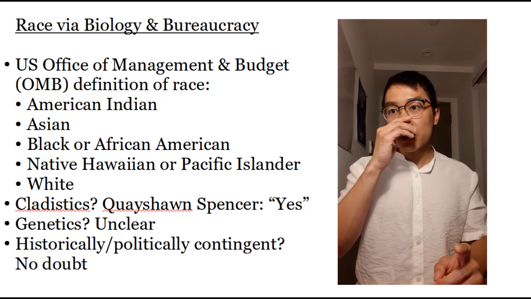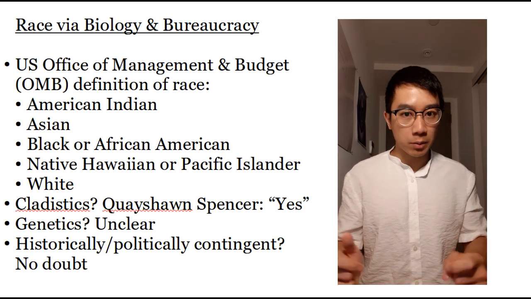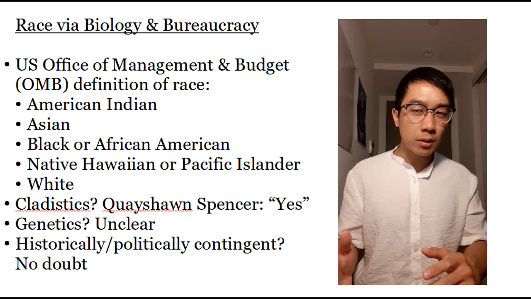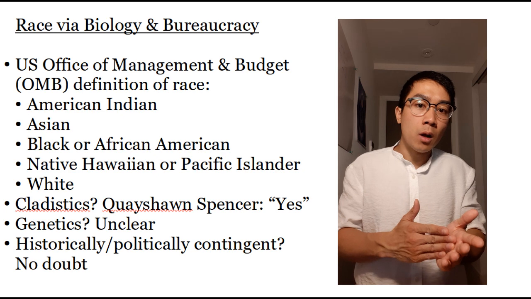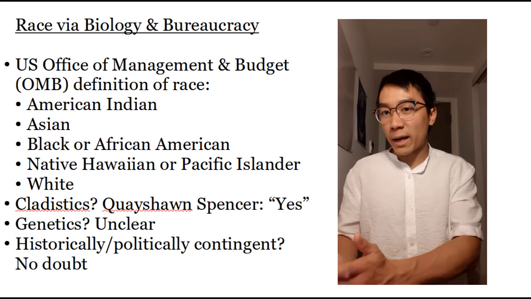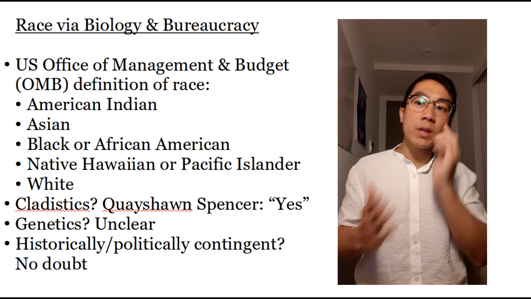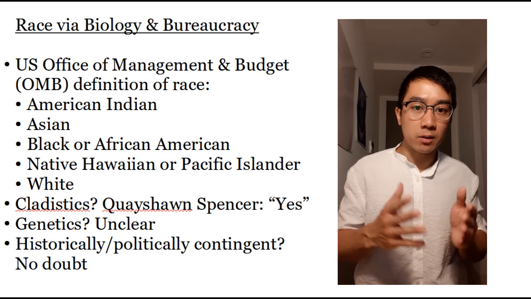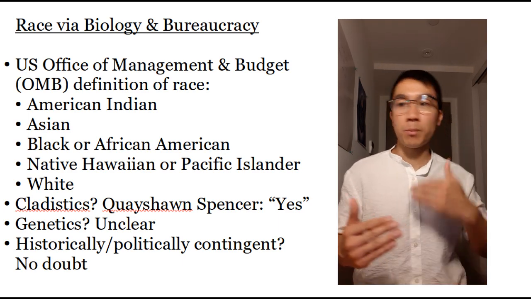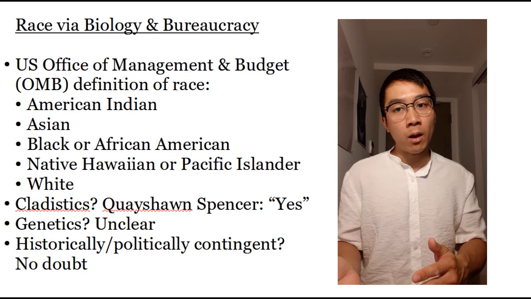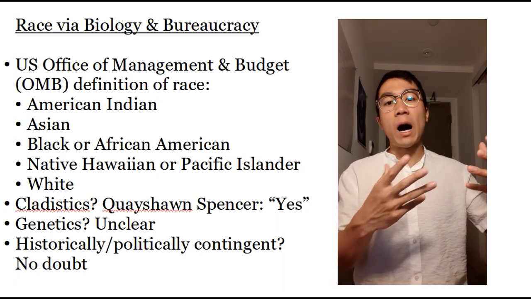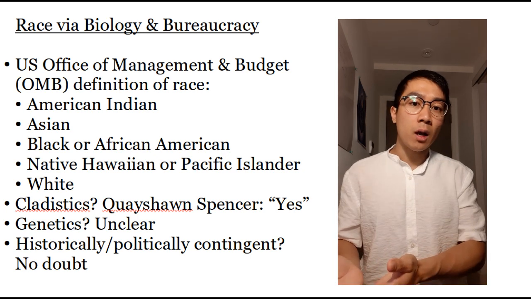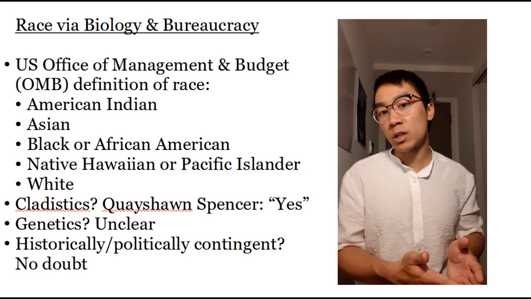Now notice that there isn't a clear category, for example, for Middle Eastern people. So there seems to be some problems with this. So it seems that an Iranian is actually considered Asian, but then an Egyptian is considered white. And then a Greek person is considered white, even if they have very dark skin, or an Italian, and South Italy people have dark skins, but they're considered white as well. And then notice that Asians are just grouped together. So I'm just as Asian as is an Indian, and a Japanese person is just as Asian as is a